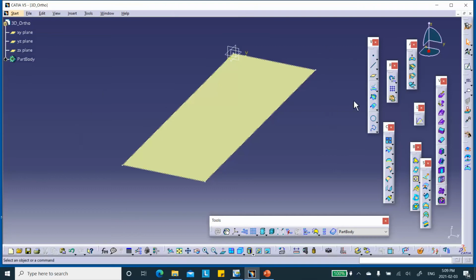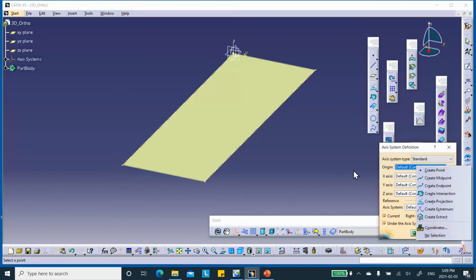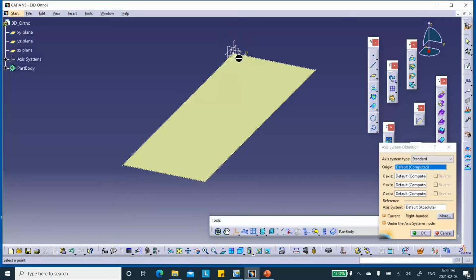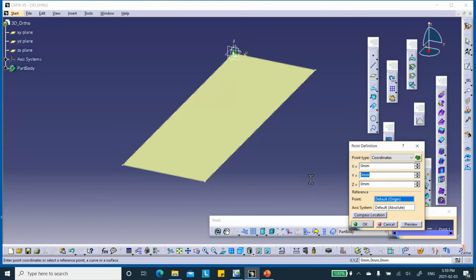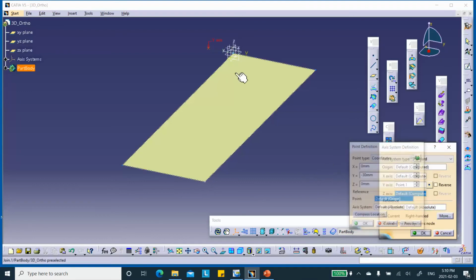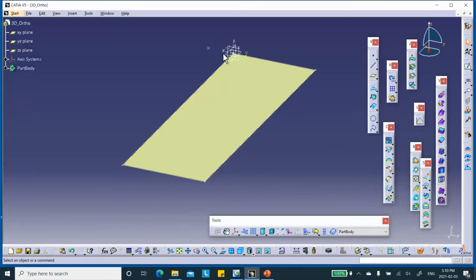And let me create a coordinate system here too, which I'm going to be using as rosette. Ordinarily it's put at this corner. So I'm going to move it a little bit to the left so that it doesn't clutter the screen. So in the y direction, I create a point, a coordinate minus 330. It's going to put the origin right there. And I'm going to say okay, but make sure that this is unchecked because I don't want this new coordinate system to be my actual